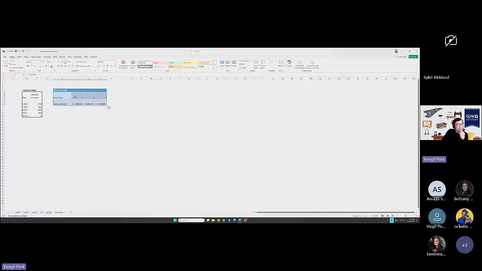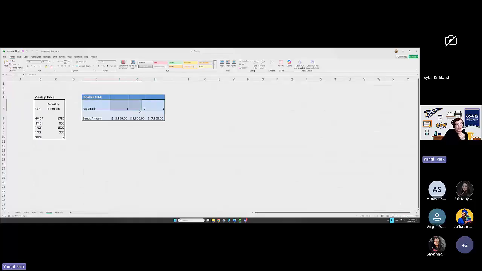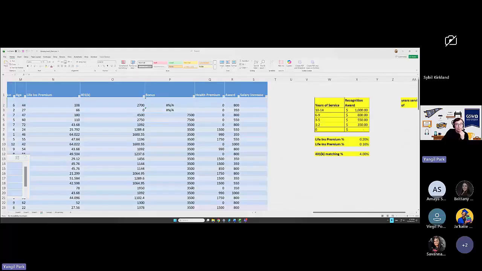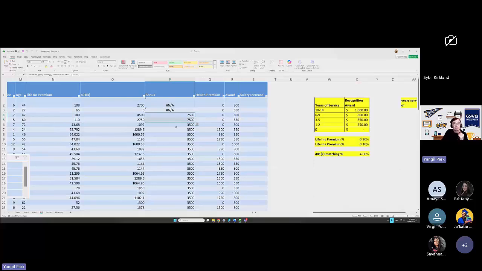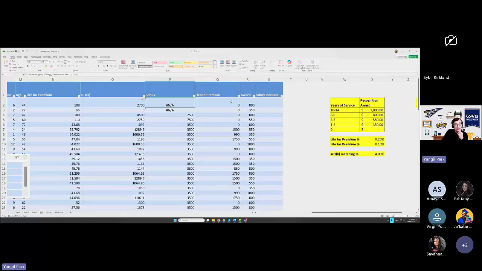So if you look at it, pay grade 0 does not appear in this lookup table. That's why it's got an error, which is fine. But the others have all those answers based on the HLOOKUP. All right. And next, which is column Q, now using